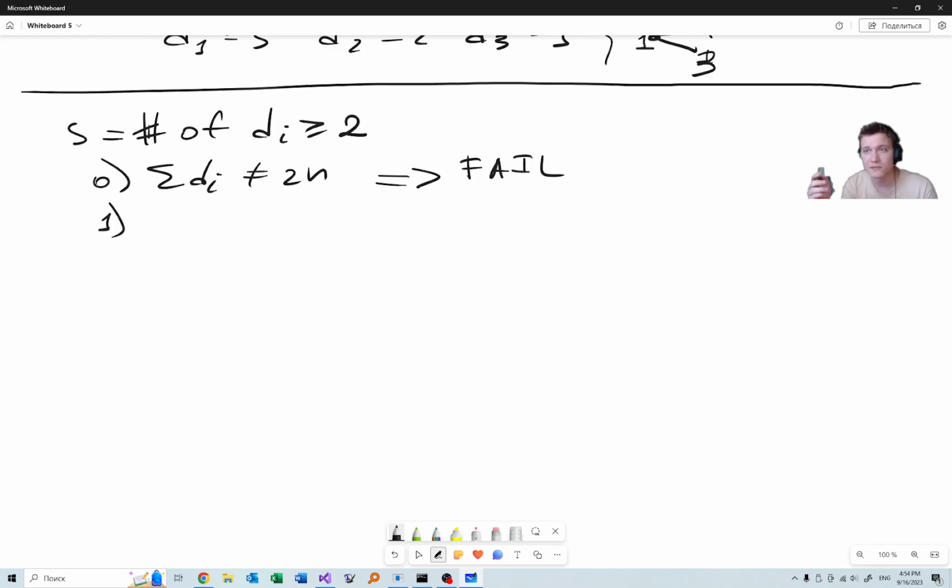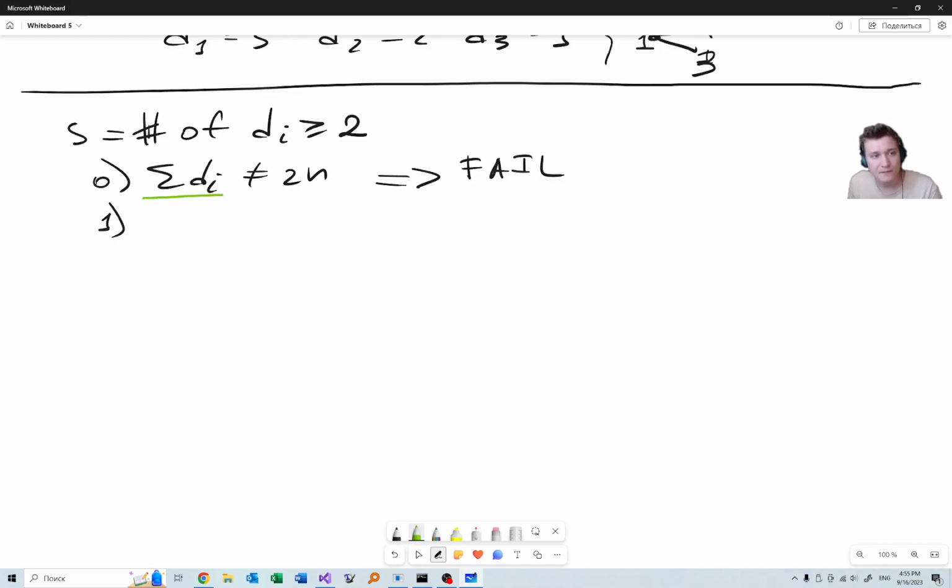Now actually some graph should exist. Maybe no, it always exists. It just always exists. Maybe with some multiple edges, but it exists, because di is at least 1 for all i. So the next case is actually, this already means